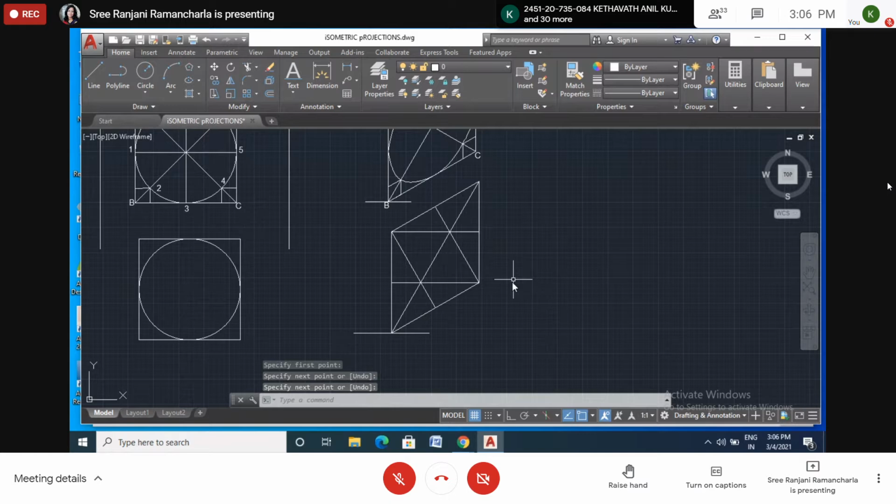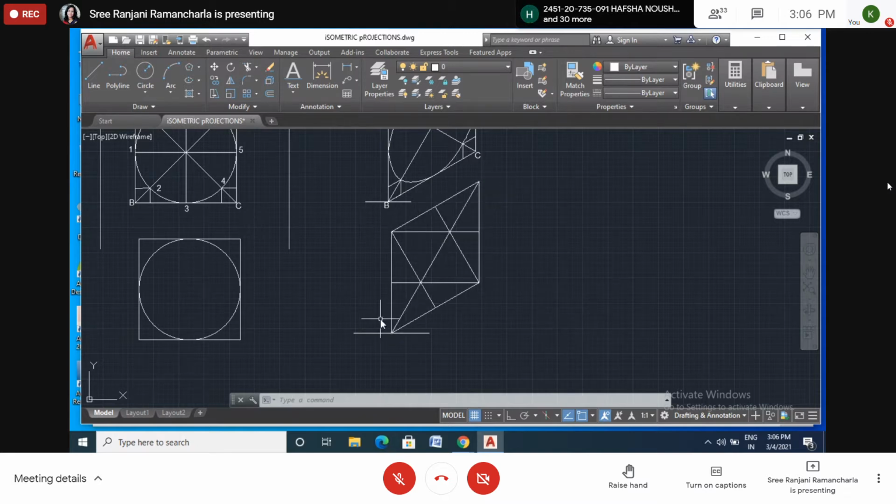so I explain to you. Draw the square in an isometric projection. Draw the square like this, any side, right side or left side or top also. Okay. Now draw the longer diagonal. This is the longer diagonal. If we draw here, this will become a shorter diagonal. So draw the longer diagonal.